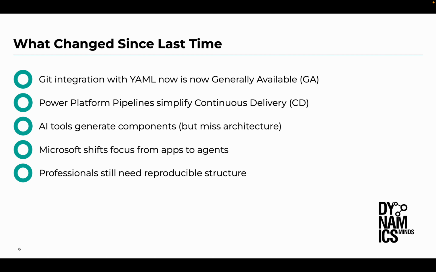So what has changed recently? Now we've got native Git integration in Power Platform, and it is generally available now. We also have in-product pipelines in Power Platform, so we can get some sort of a CD process natively. And we now see a lot of tools helping us speed up the development process. Last week at Build, Microsoft introduced 3 new runtimes, how you can vibe code your own thing and host it on Power Platform. So a lot more custom code will be coming to the platform,